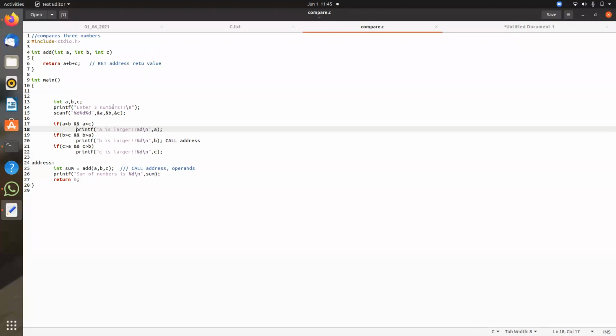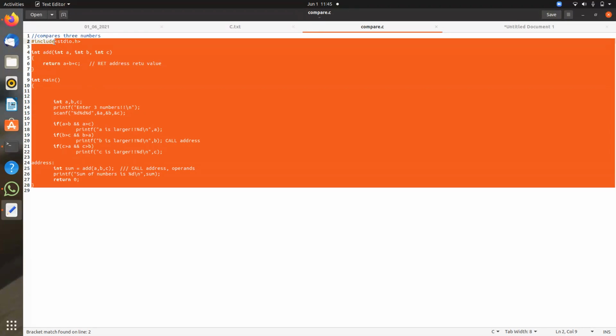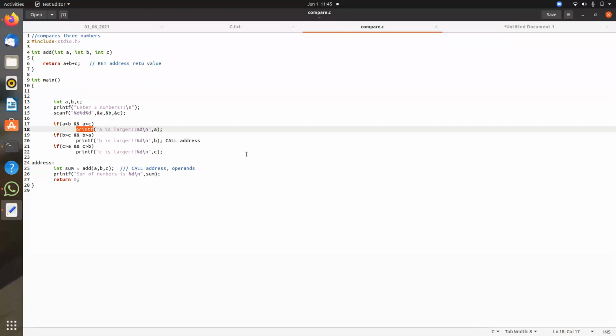So if printf is resolved at compile time, printf will come and sit in this application. But when it resolves the function at runtime, printf will not be in the application. So application size will be reduced, right? Yes, sir. Static means which is static, dynamic means which is runtime.